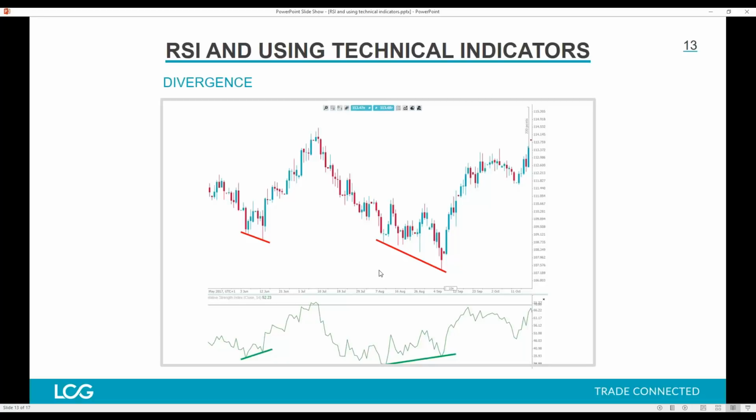Here's another example, and you can see it doesn't work perfectly every time. The first example was the nice one that I drew that worked. Here, price made a lower low, and the RSI made a higher high. But even though you got a little pop in the market, it did roll over again. I'm glad to be showing you this because not every